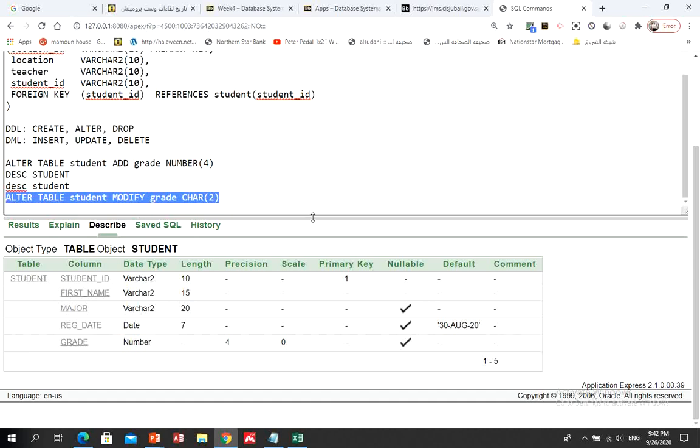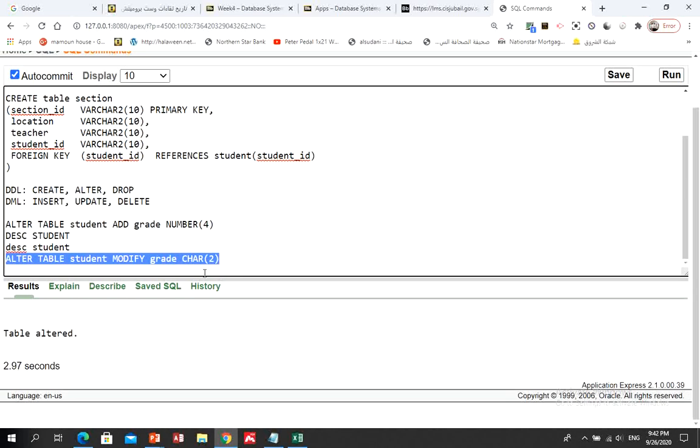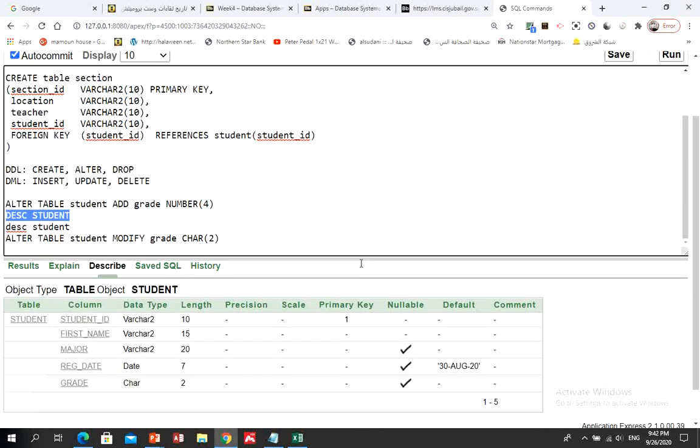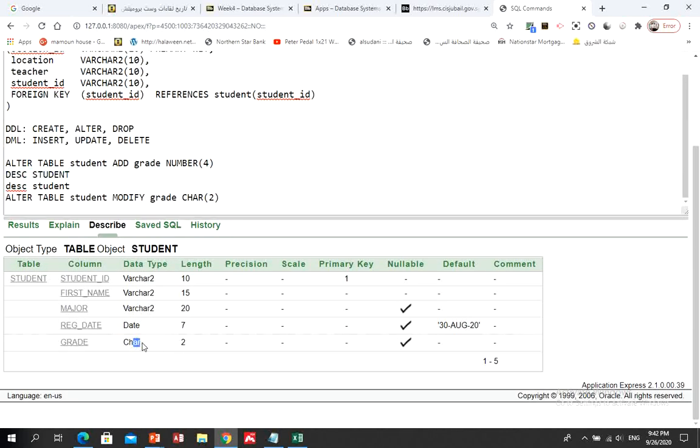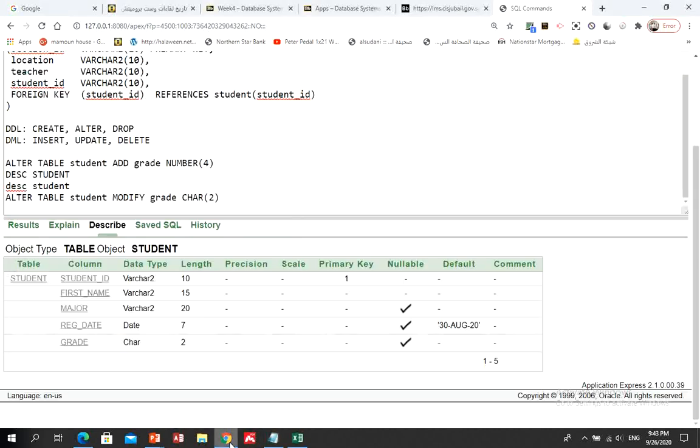Now you can execute this command, and then you will see that the table has been altered. You can describe again and see that the data type has been changed from number to char with 2 lengths. Another command to execute is, remember when I said I was able to create the table section without specifying the unique constraint on this